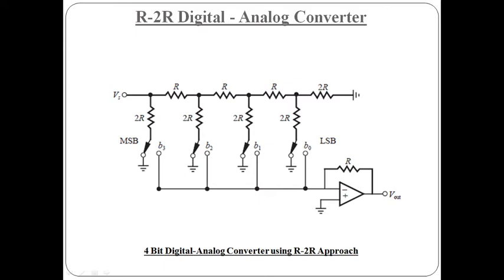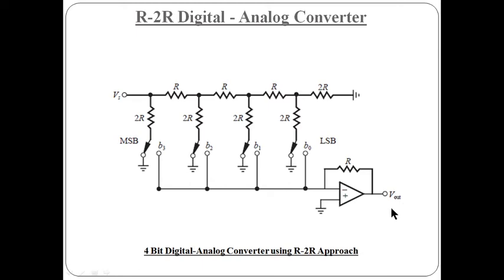By constructing a dissimilar type of resistor network on the input of the summing circuit, we can get the same kind of binary weighting with only 2 kinds of resistor values and only a modest increase in the resistor count. The R-2R resistor ladder network directly converts a parallel digital signal into an analog voltage. Each digital input adds its own weightage, contributing to the analog output. So this is the output, and each bit adds its value to this output.